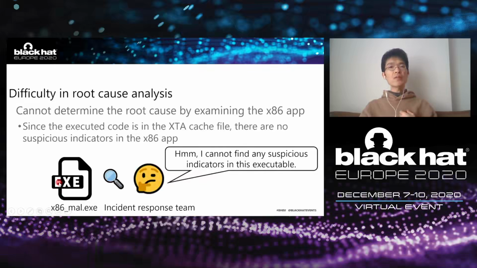An incident response team analyzes the log and finds this executable shows suspicious activities. However, they cannot find any indicators of these by simply inspecting this executable. Without examining the XA cache file, they cannot find the root cause. Therefore,